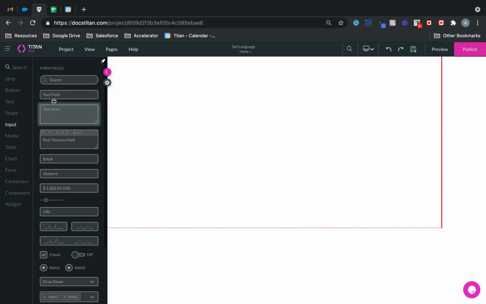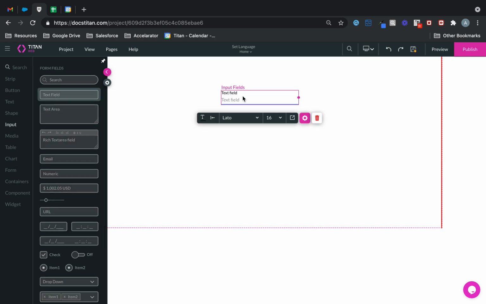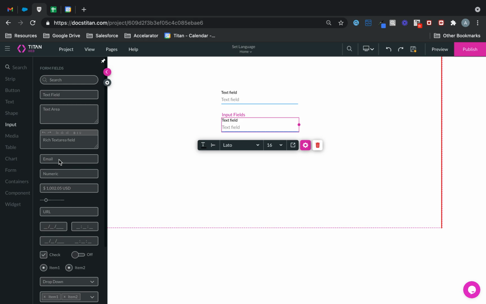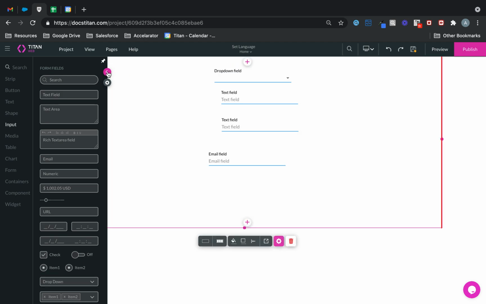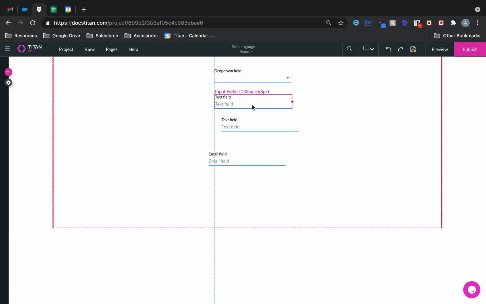So we'll go to the input and I'm just going to drag a bunch of fields here. We'll drag two fields. We'll keep this as simple as I possibly can. And then we'll get an input field. And I'll also want to get a drop down field because this is what I'm going to use as my key. Alright, so fields settled,